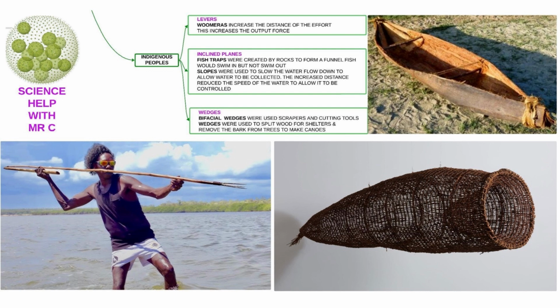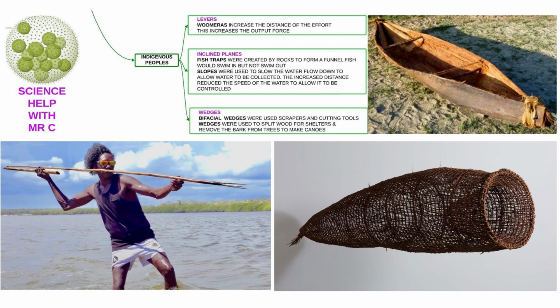For levers, they used a woomera. There's a picture down the bottom here with the dude with the sunglasses on. The woomera increases the distance of the effort and increases the force output. It makes the lever longer. They also used inclined planes in fish traps, and they used slopes to redirect water so they could use it